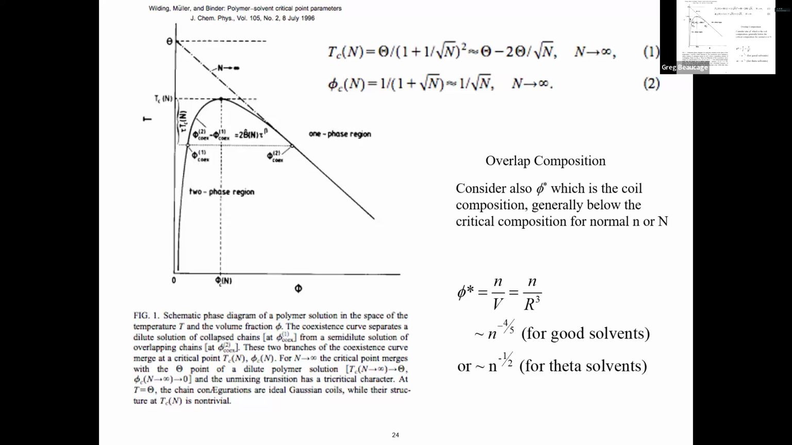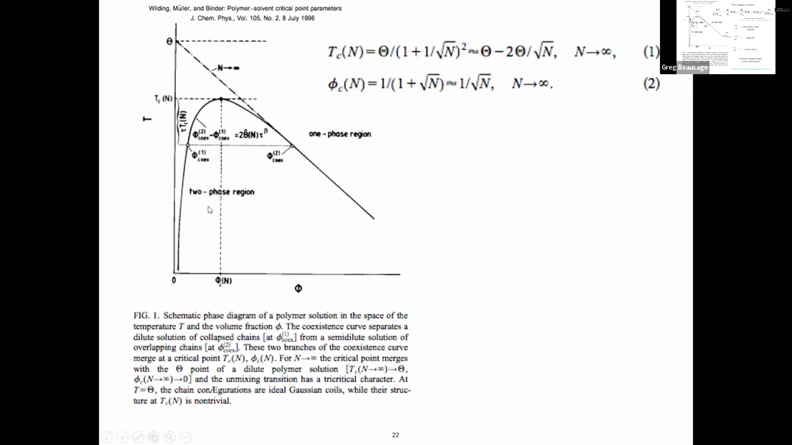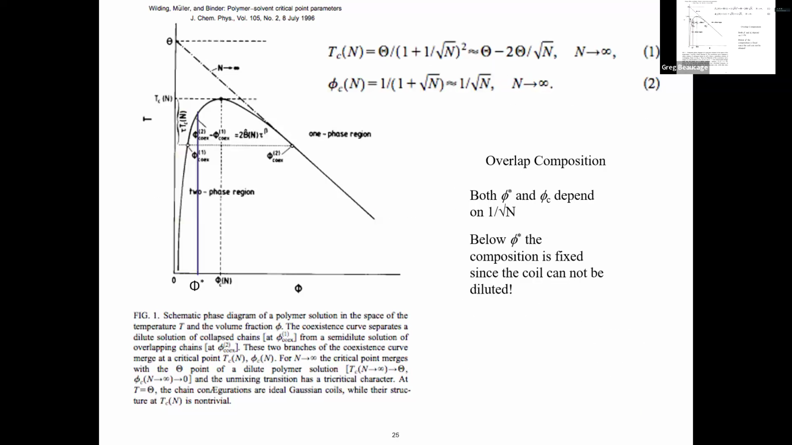Basically, the coil is like a little packet of polymer and it can't be diluted because it's glued together. And there's no way to dilute that thing, right? So there's a fixed overlap concentration, a concentration where you start to see the chains entangle. But in this case, it's a concentration where your thermodynamics ends, right? It's an end point to this whole scheme because below that composition, you have a fixed miscibility, like the composition of this equation is fixed below that, because you can't dilute it anymore. Right, so despite that you put in less stuff into the system, then you have like